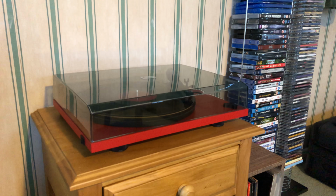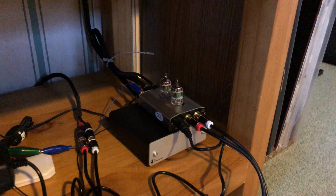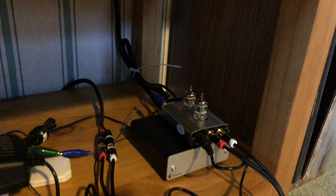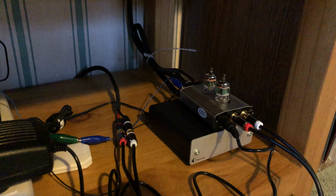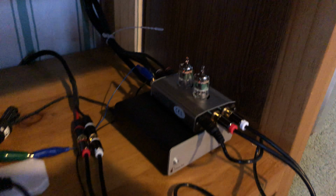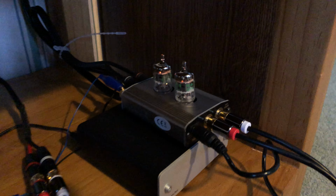Okay, for those of you who have seen my other video on this Douk audio phono tube amp, you would have known that I didn't quite like it because it adds a bit of distortion to the louder parts of the audio signal for one reason or another. So as I mentioned in that other video, I was going to swap the tubes out for this